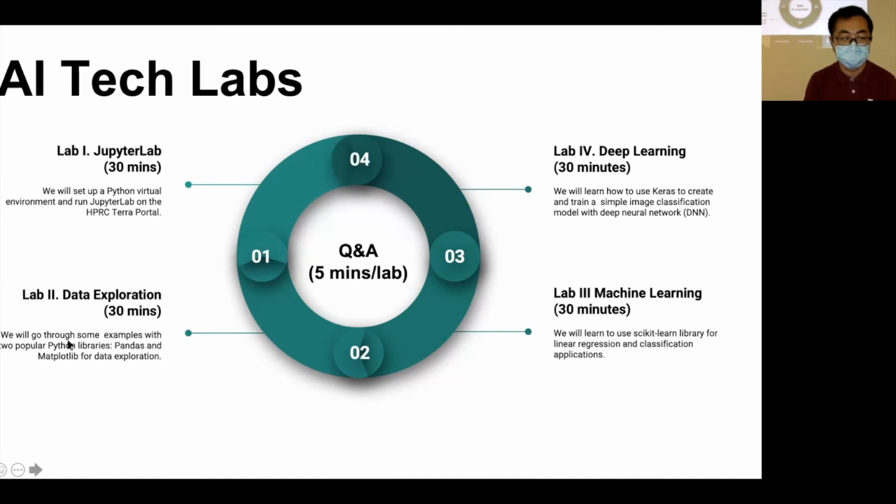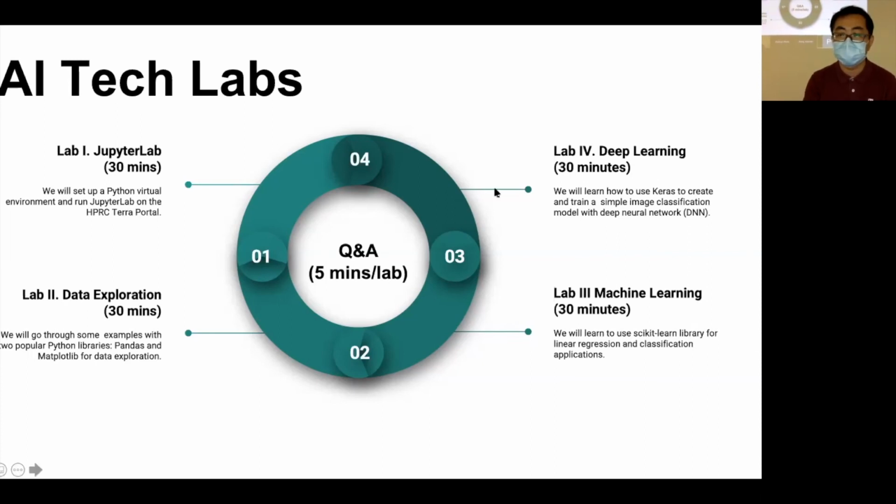So we will talk about these in the second lab. The third lab is about machine learning. In this lab, I will teach you how to use the machine learning library called scikit-learn to solve some linear regression, classification, and clustering problems. So this is our third lab.